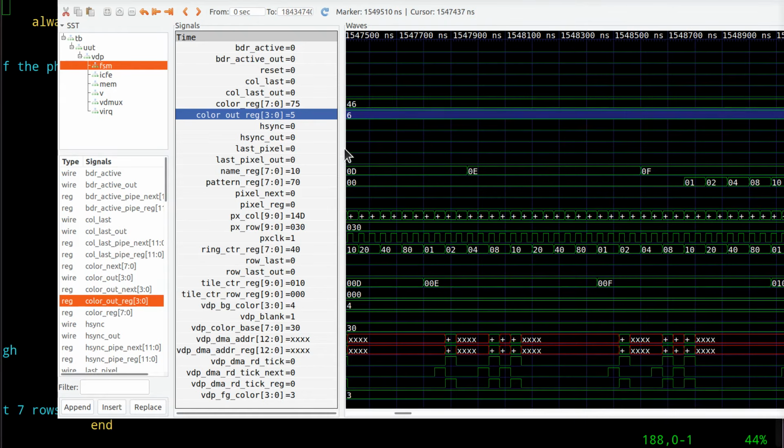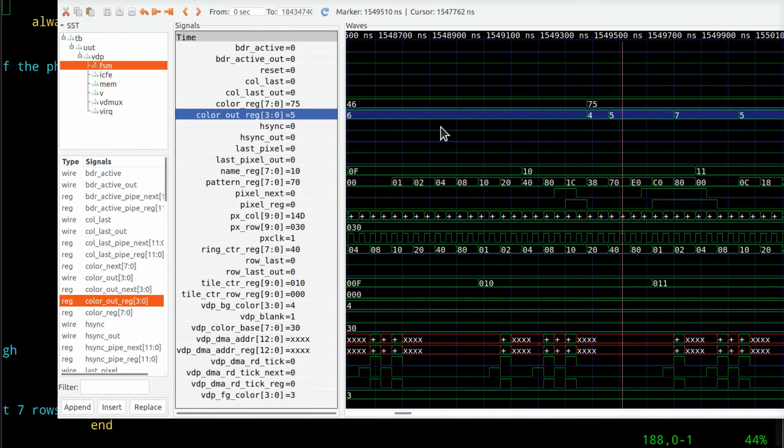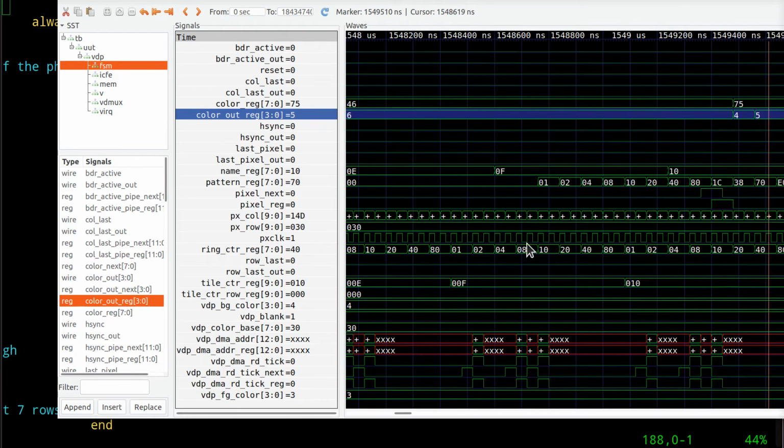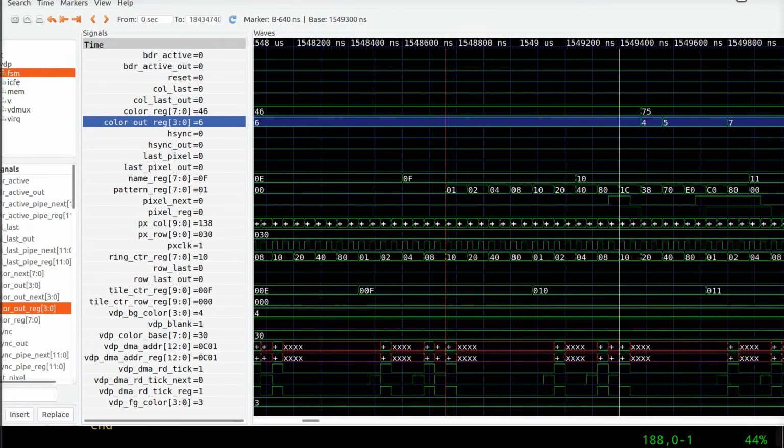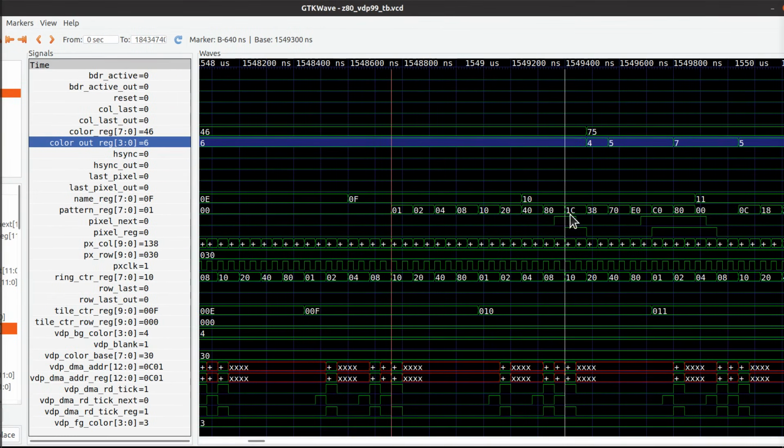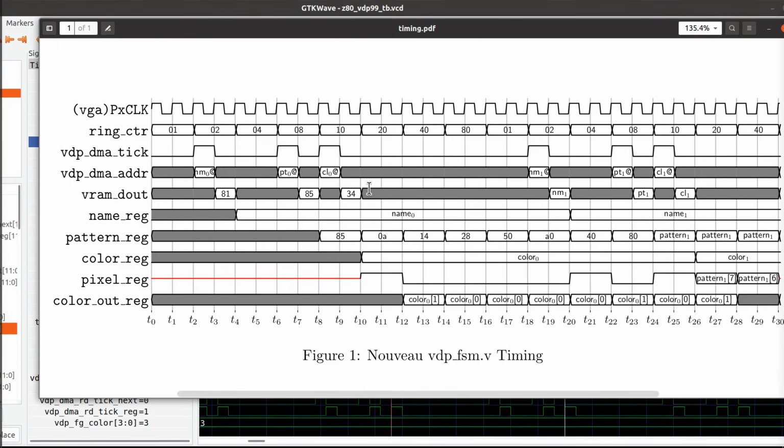So these are two different things. Fine and dandy. So here's my 75. And here's my ring counter, 1, 2, 4, 8, 10, 20, 40, 80. So this period of time, I should go from here, and then I should put the white line right there. And delete the... this thing is off the screen. Okay, so this represents the 1, 2, 4, 8 that we saw in this here, the 1, 2, 4, 8,